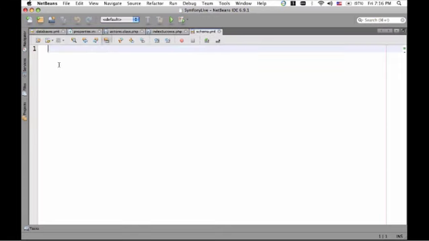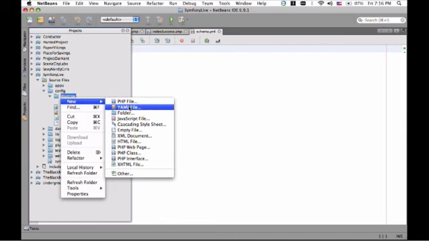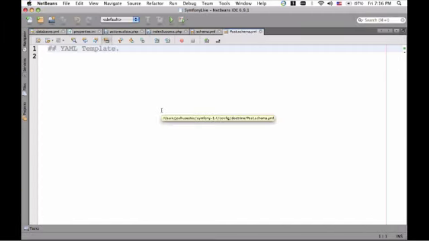You can put your database schema in this file, however I really wouldn't recommend it. What I usually do is create a new YAML file, and I usually name them whatever I'm going to name the table. So in this case I'm going to name the table post,